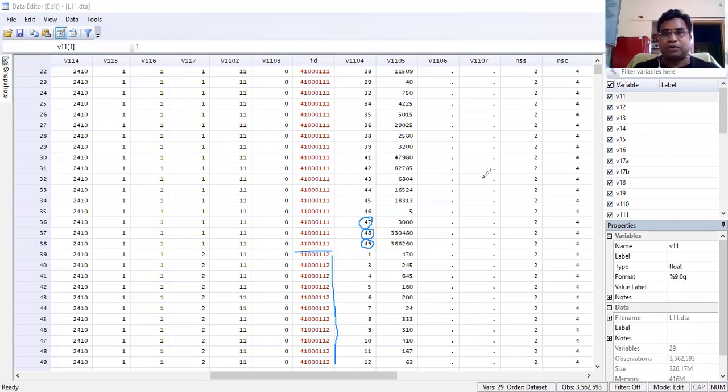You have to keep this data structure in mind before you start any analysis. Without this, it will be difficult for you to analyze any data. One more thing I would like to point out: you may find a particular variable, for example MPCE URP, MPCE MRP, which you can check in the questionnaire.